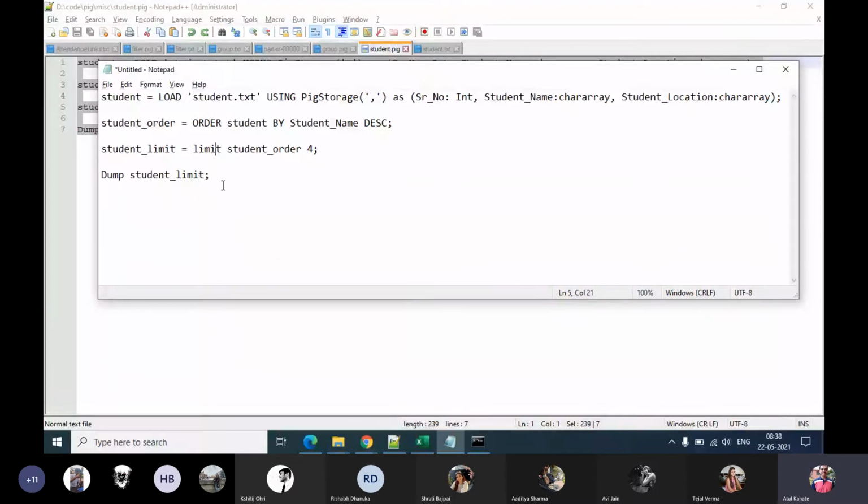Here again, you can use the dump statement or you can use store. That's also quite straightforward, but if anything is not clear, ask.